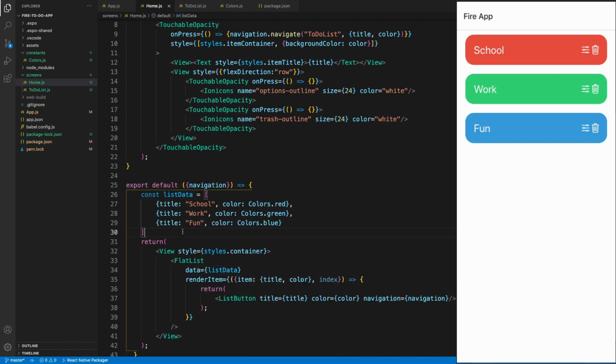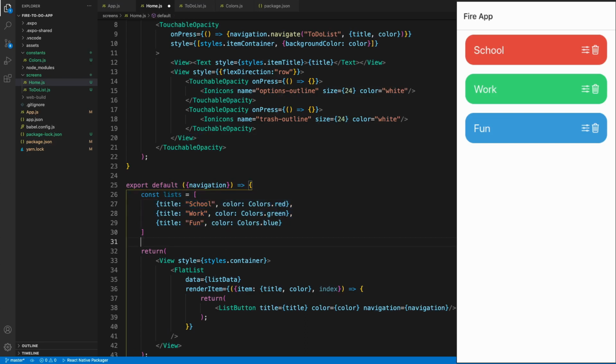And we can add a bunch of functions to modify this list data. Actually, let me just call it lists, plural, because this array has a bunch of to-do lists, because each is a list button. This is confusing naming, so we're just going to call it list for now. And then let's make an add items function, const add item to list